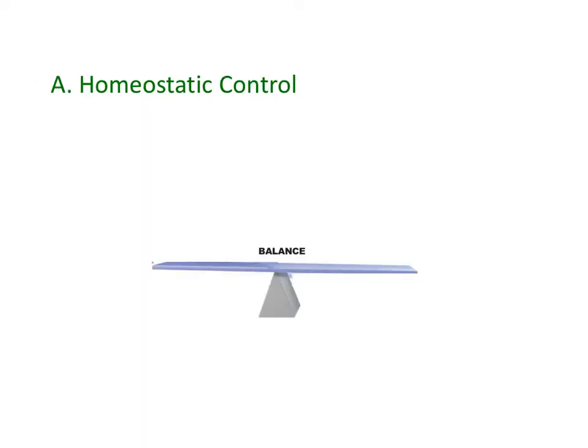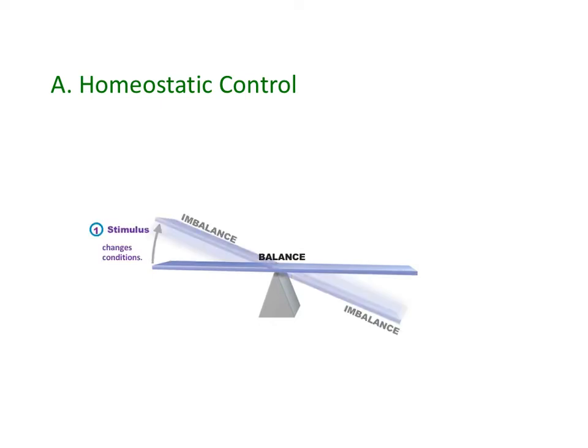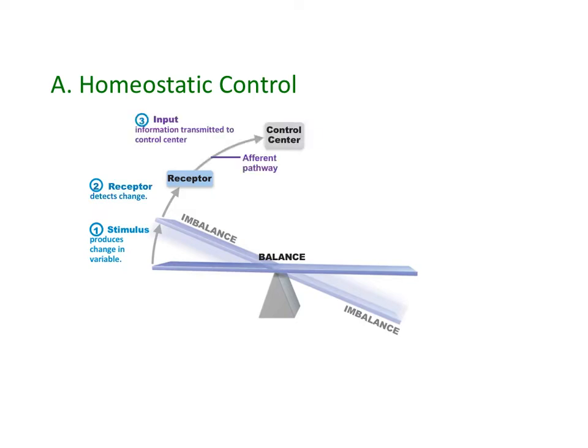So how does homeostasis work? If we start out with a kind of seesaw or balance, in this condition the body's in balance. First thing that happens is you get a stimulus. The stimulus changes the conditions, so now the body's no longer in balance. So what happens next is a receptor needs to detect that change. The receptor detects that the body's condition is no longer in balance and sends that information to a control center,